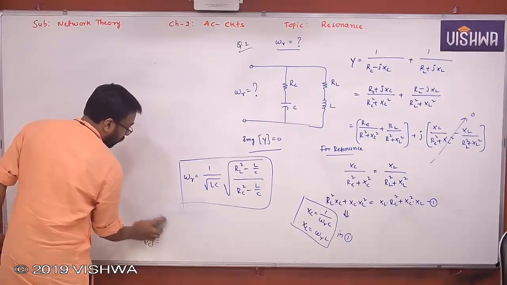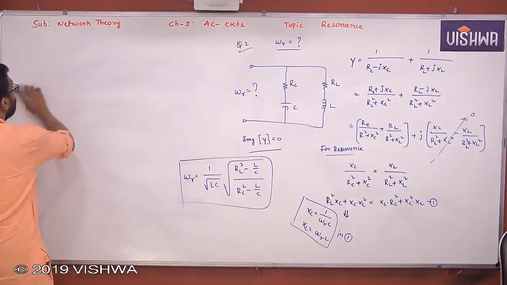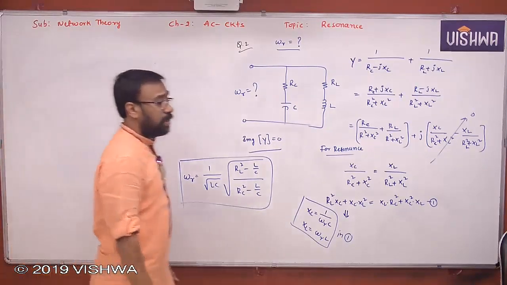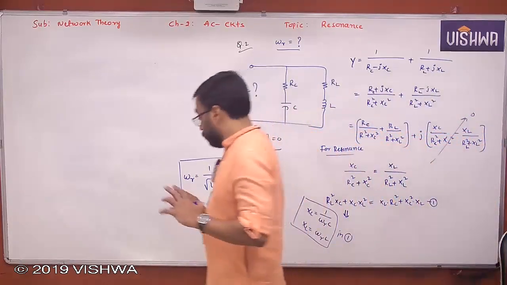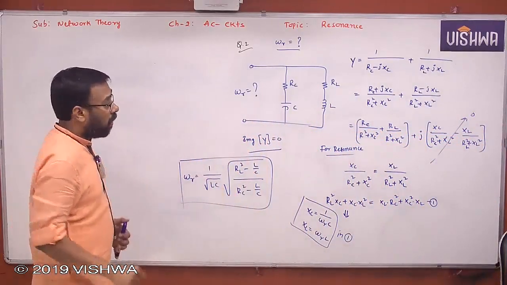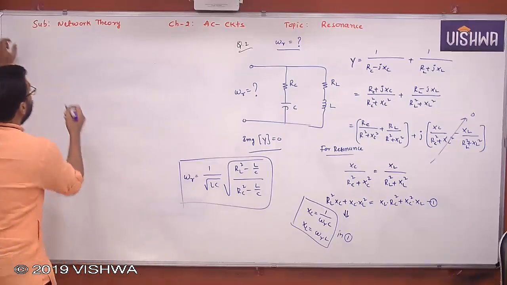Whenever any parameter is asked under resonance, always find, if it is a parallel circuit, find admittance, separate real and imaginary, make the imaginary part 0. Proceed the same way I'm telling you. Okay. Note,